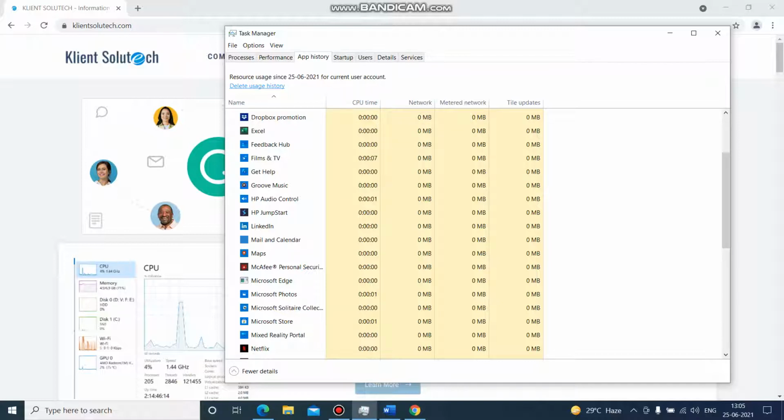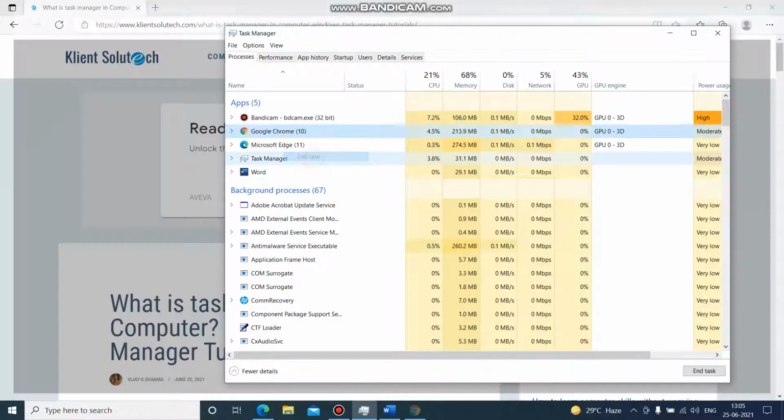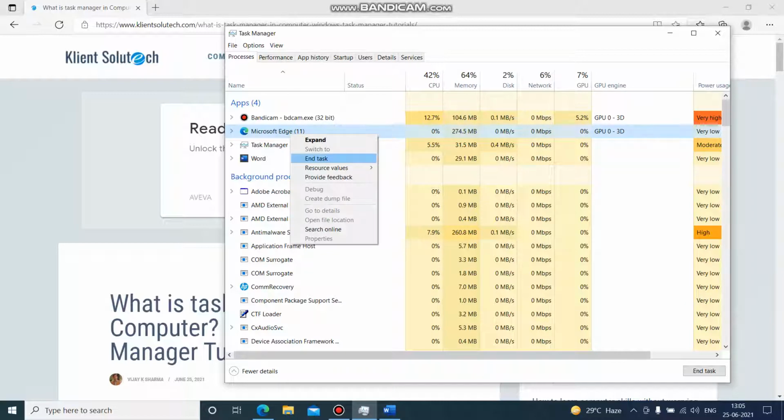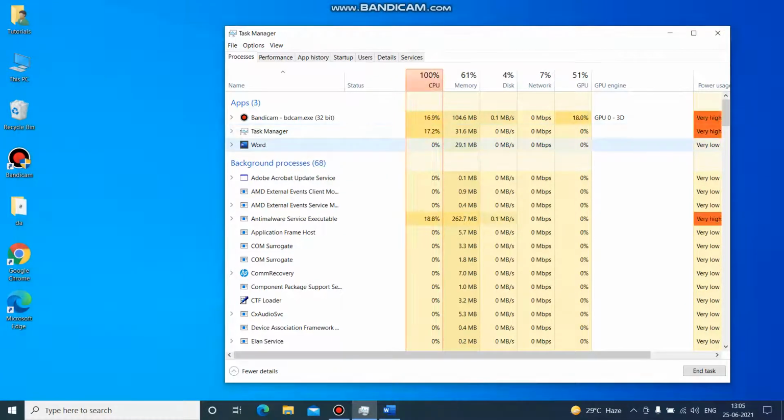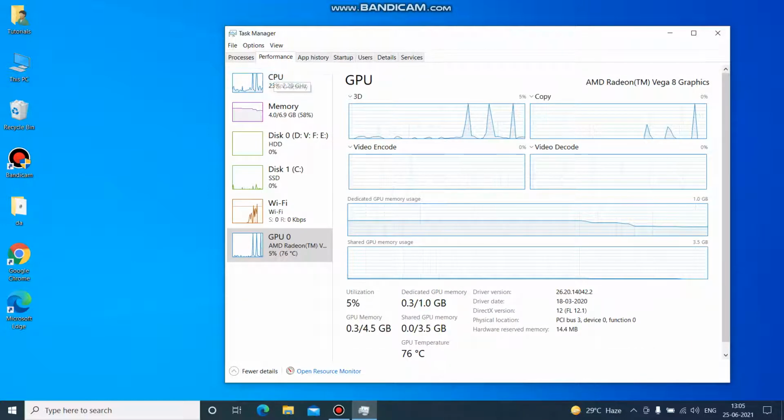You can also delete this user history. Not only that, you can also close all of the applications from here. It's not the commonly used method, but if your computer is hanging or getting slow, and you want to know what application or what thing is causing your computer to run slow, you can see here the performance of your CPU, memory, and every detail about your internet connection, graphics. It's also very handy or useful when you are buying a new computer or a second-hand computer.